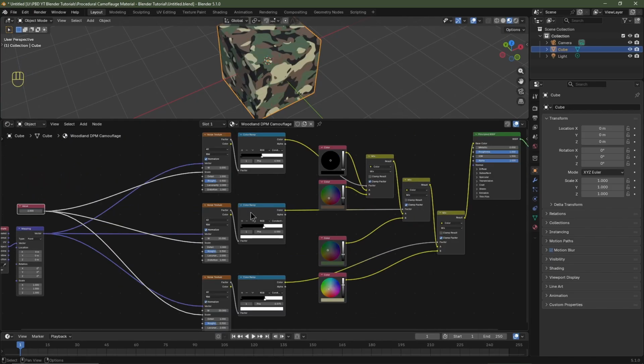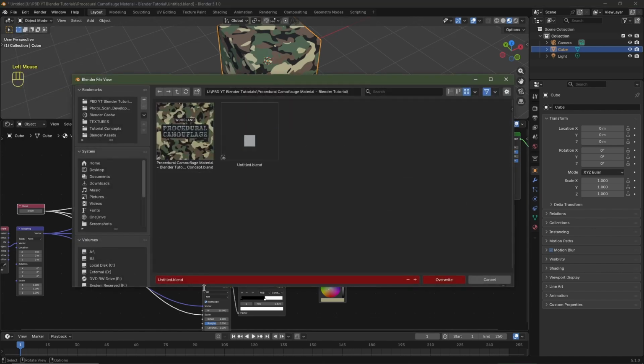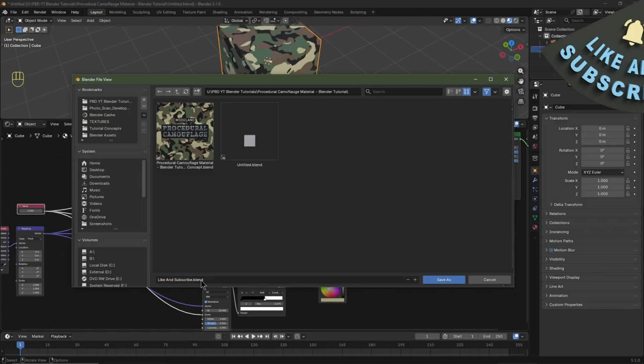Before we continue, it's a good idea to save your project. So I'm going to go to File, Save As, and I'm going to save my project as